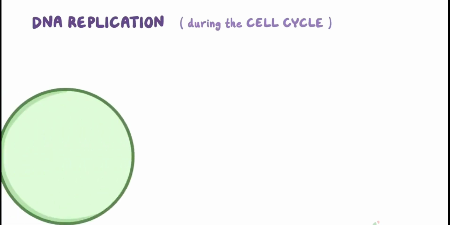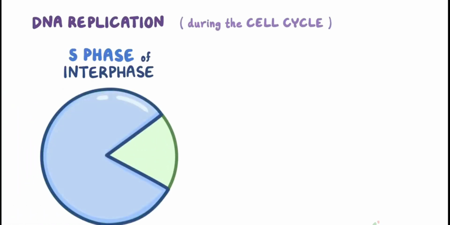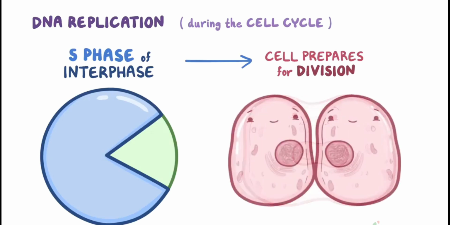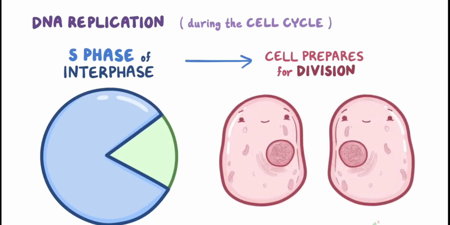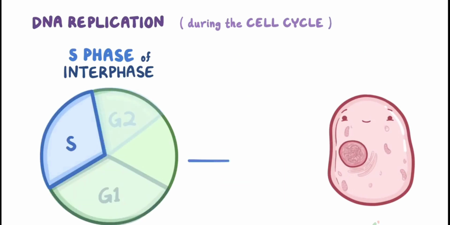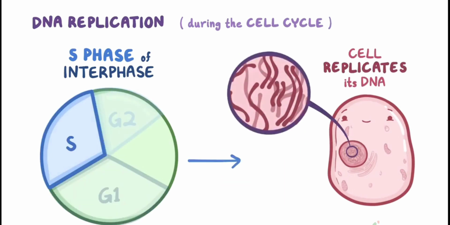DNA replication happens during the cell cycle, more specifically during the S phase of interphase. So the cell cycle is made up of interphase, when the cell prepares for division, and mitosis, or the actual splitting of the cell into 2 daughter cells. Interphase has 3 subphases, G1, S, and G2. And during the S subphase, the cell replicates its DNA, so that the 2 daughter cells get the exact same